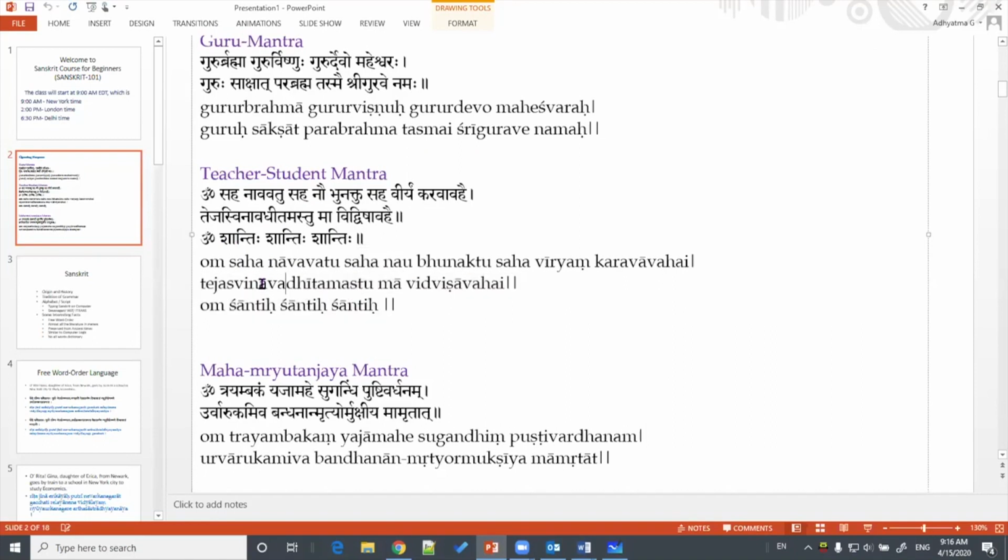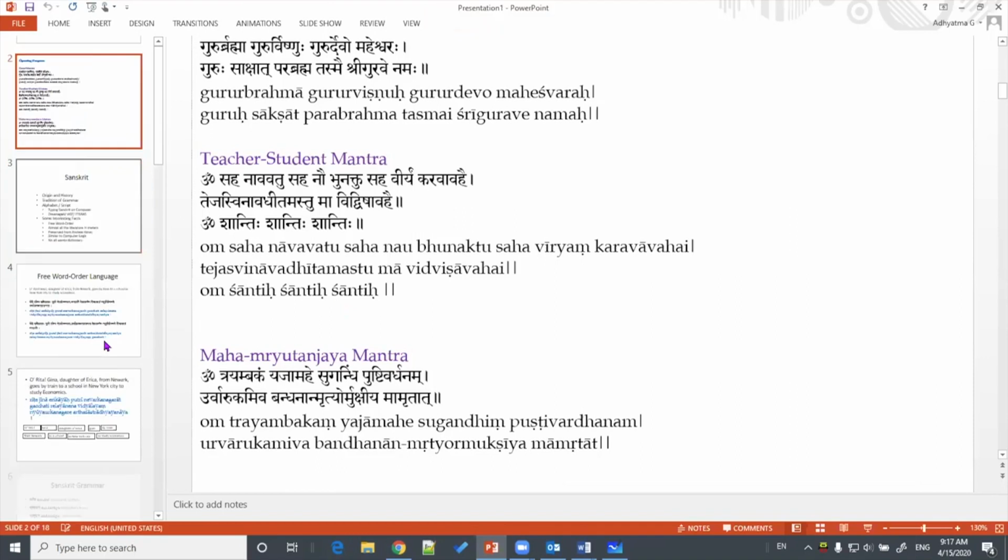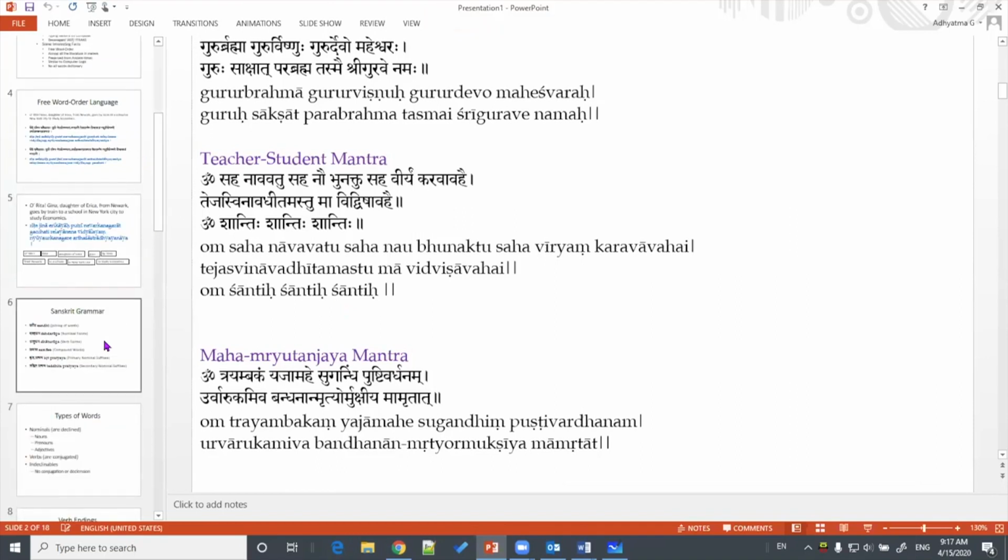So you see av, and it becomes au. Tejasvi nau adhitam astu. Same word nau, meaning our. So may our studies be effulgent. So this was related to the prayer which I had asked some of you to try, because now we have studied these sandhi rules. And we'll come back to these prayers later as we study more rules, to show how to derive the meaning of these prayers. Now is the time to go to the verbs.